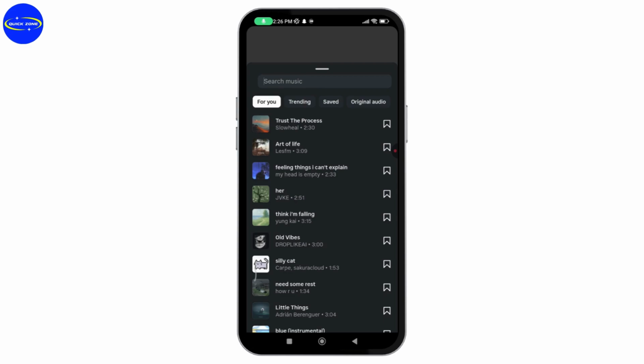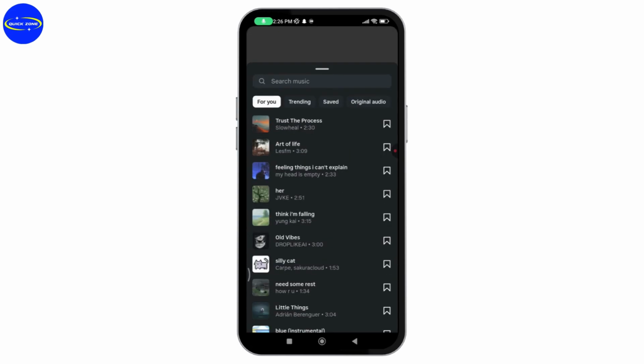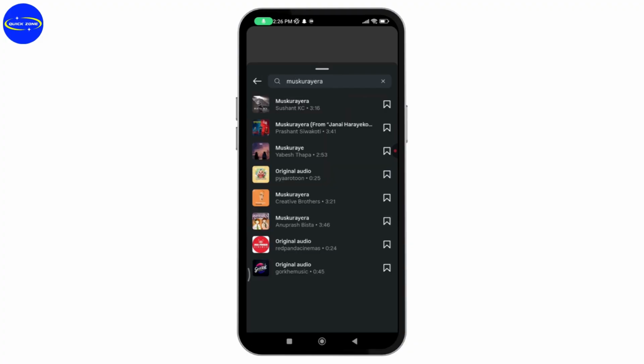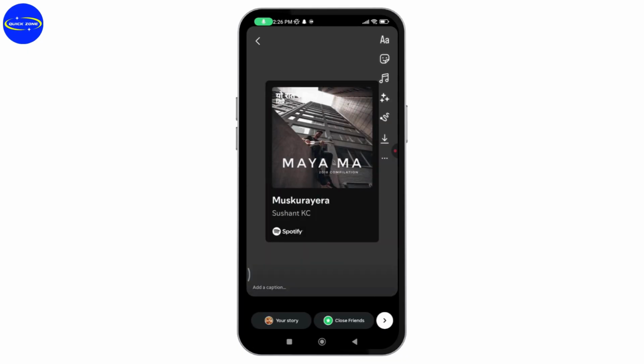side, and from the music you need to search for the music. Like for example, I have the music right here, so I'll search for that music, and I found one. Now tap on the music, go with the arrow which is on the bottom, and add this music. So in this way you'll be able to add Spotify music to Instagram story with sound,